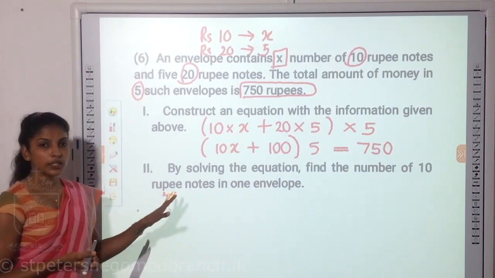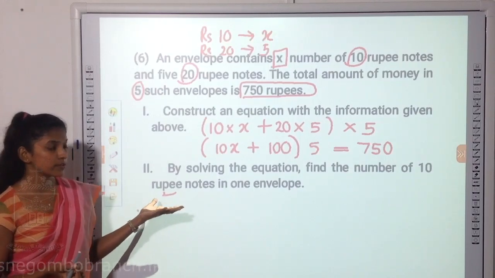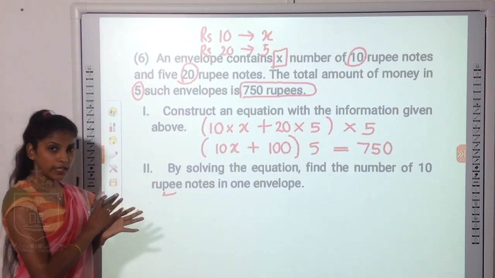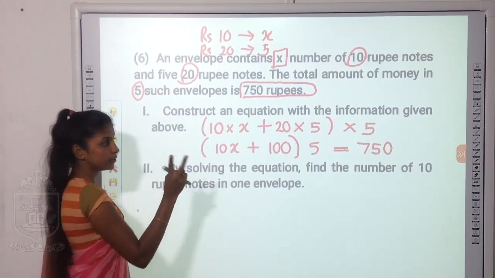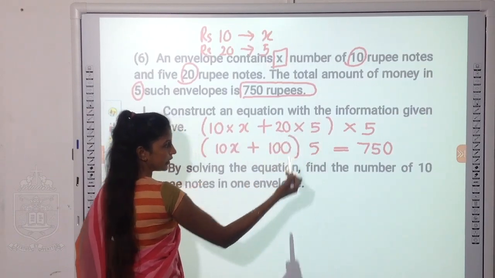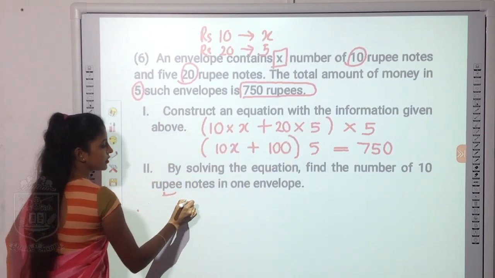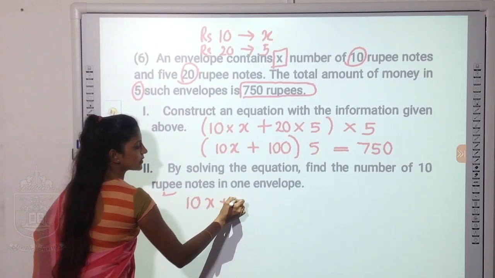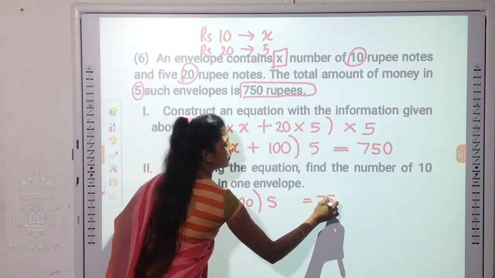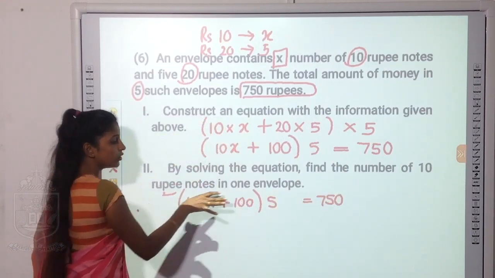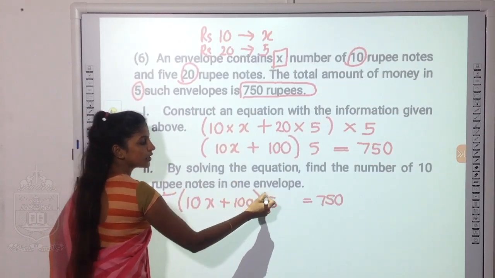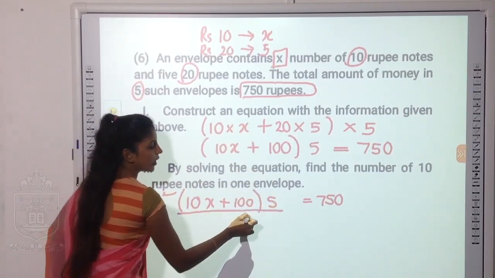Now what you have to do? You can solve the equation. So I hope you can solve this. I have already constructed the equation. So by looking at the earlier examples, you know that there are 2 different ways, either to remove the bracket or you can cancel this 5 at first. Okay, so if you have to simplify this, 10x plus 100, right? Here you have 5 equals 750. So here, without simplifying this expression inside the bracket, you can simplify 5 at first by dividing.